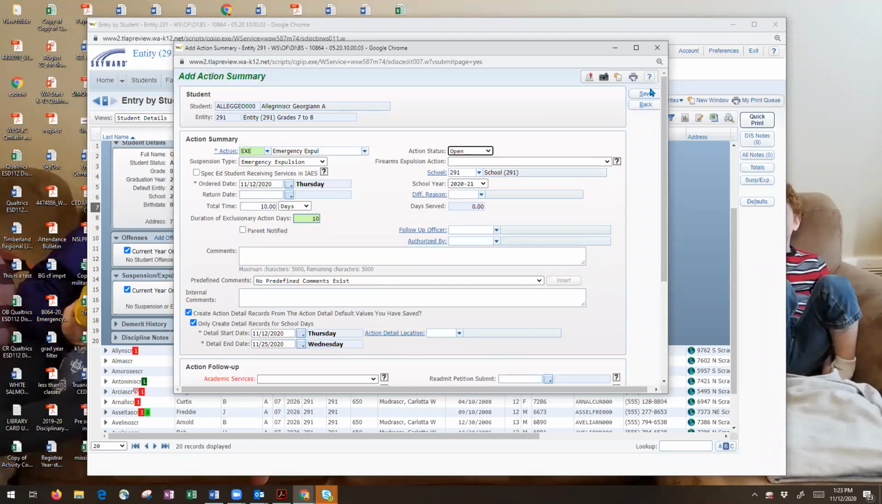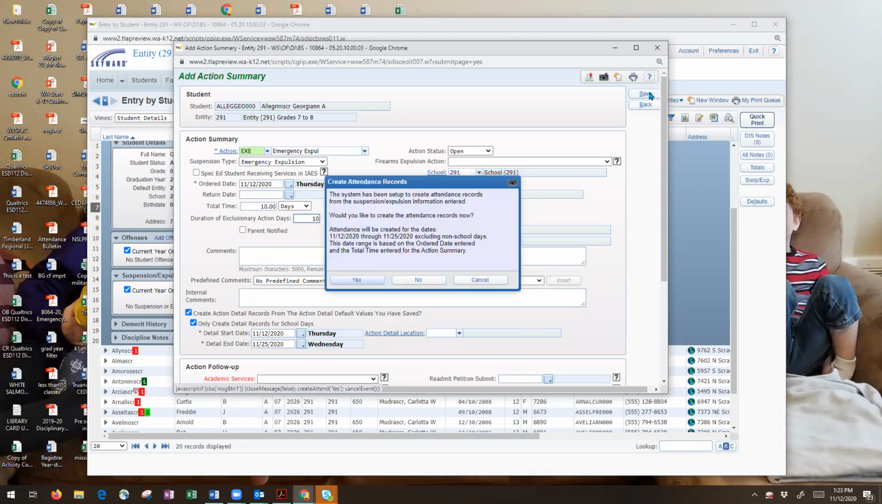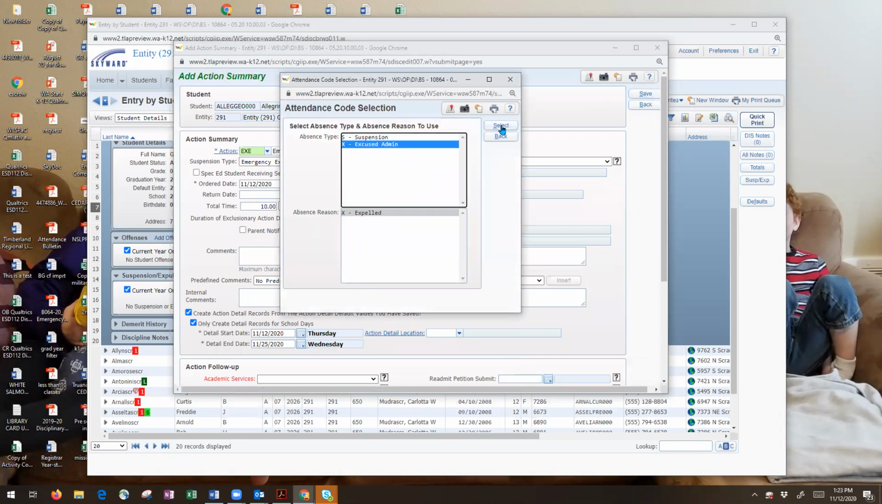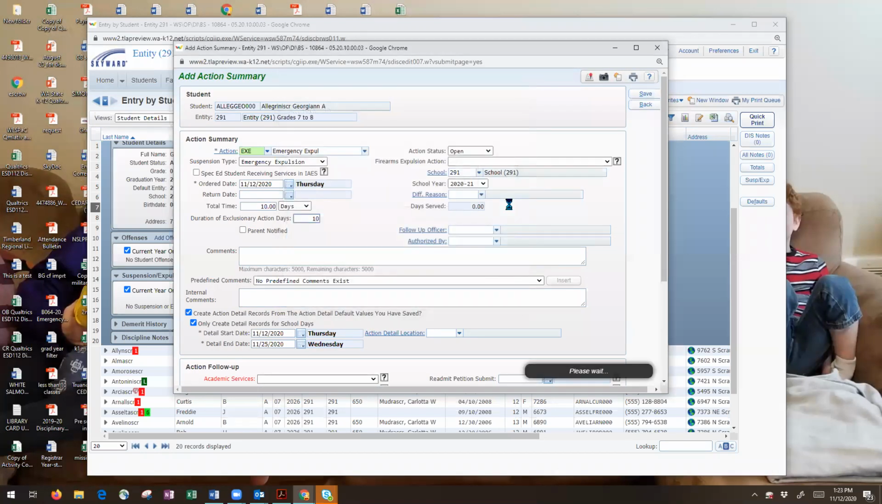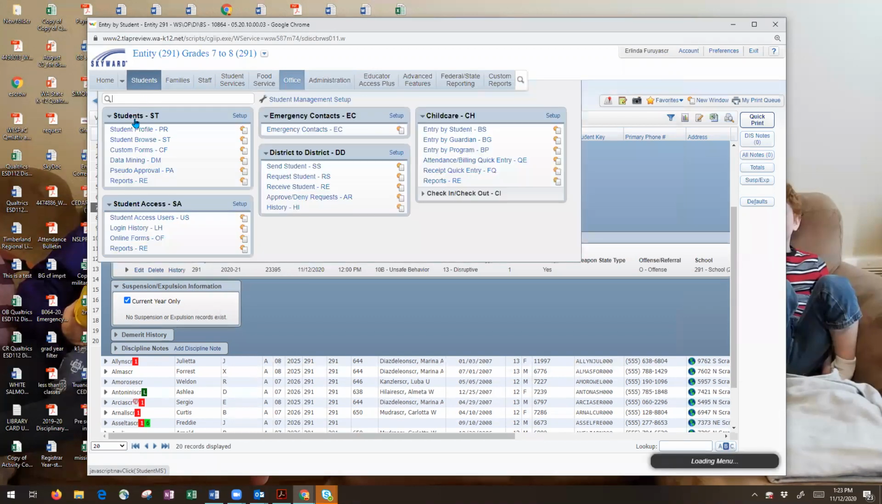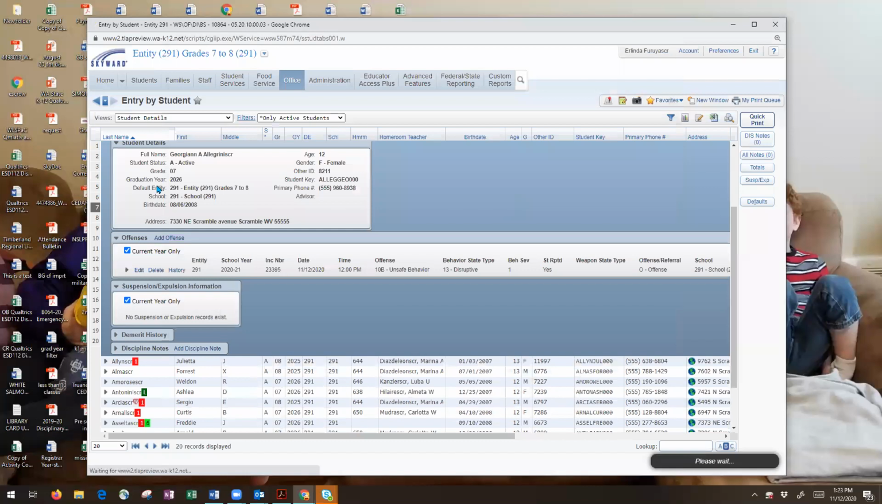So if I save that, I'm just going to go ahead and let it fill in the information. So when a student is emergency expelled, you have 10 days to either, that's the final action as the emergency expulsion, or if it's changed to a smaller out of school, in school, or whatever for that student. So if we go to this student,